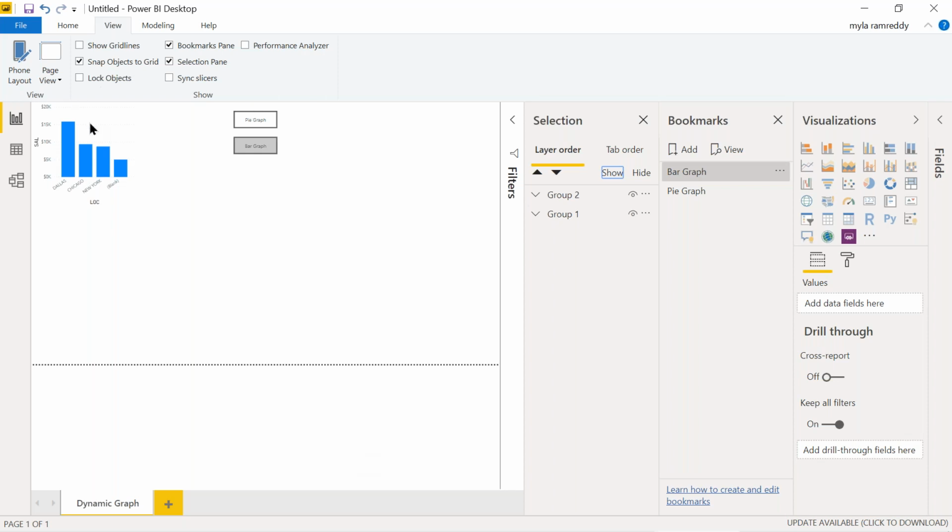Okay, once you publish this one, do you remember I am pressing Control and clicking it. Control and click is required only in the Power BI desktop. If you publish this one, for example, I am trying to save this one. Let me save this as,